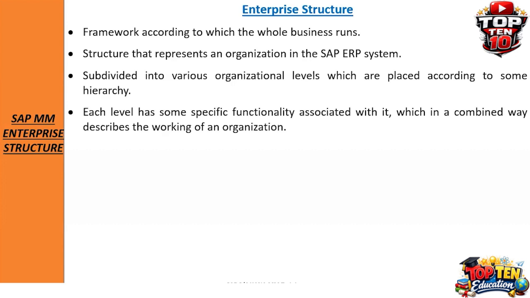And each level has certain specific functionalities to be carried out associated with it. If you see the scenario in quality management or the quality department, that department is there to check the quality of the product, quality of the services, or quality of every business process. So there is one task that is associated with each sub-organizational unit. So every time we have to focus on that. Moving further,